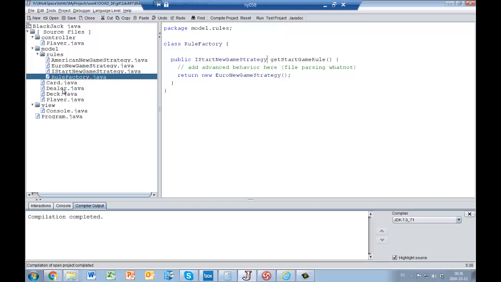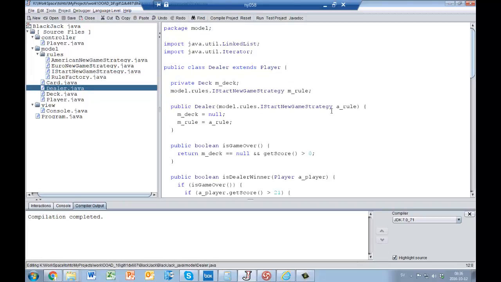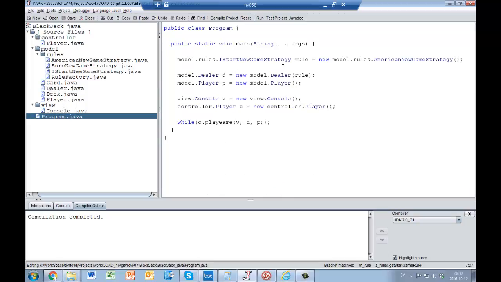So instead of the dealer taking it, we ask the factory for it, and inside the program we don't create that, we create